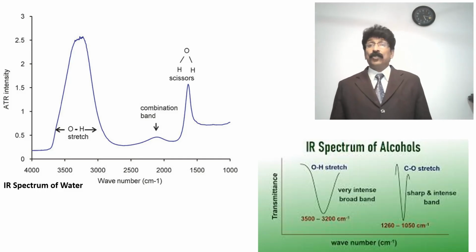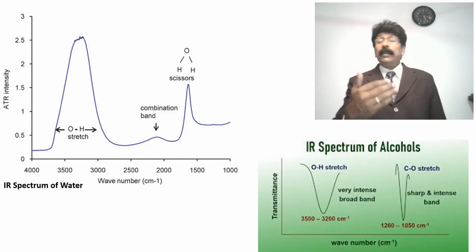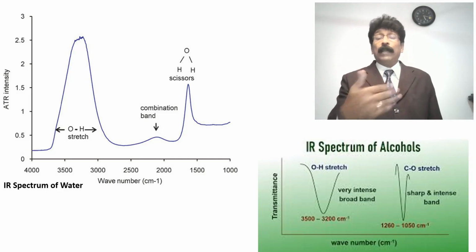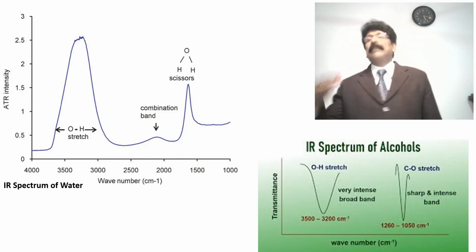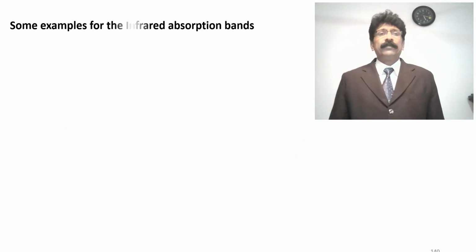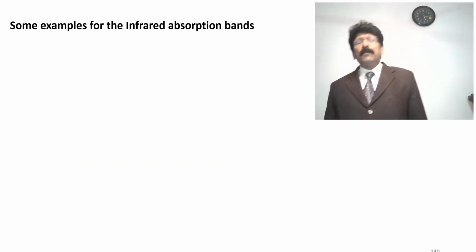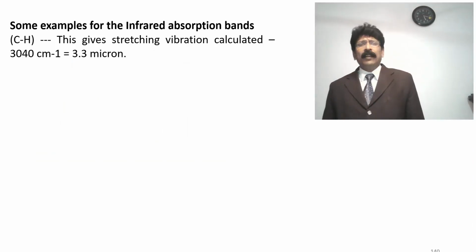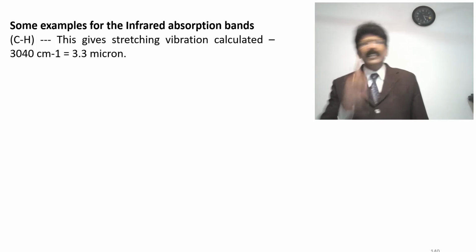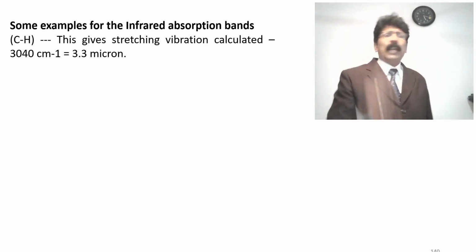So similar bonding will give you the peak, and other supportive peaks help you identify what type of functional group is present. Some examples of infrared absorption bands: CH gives a stretching vibration at 3400 centimeter inverse,